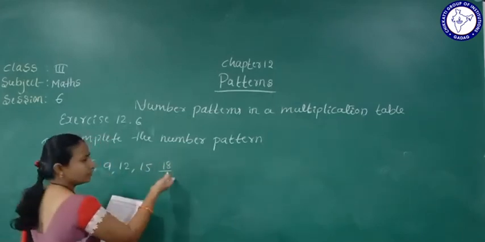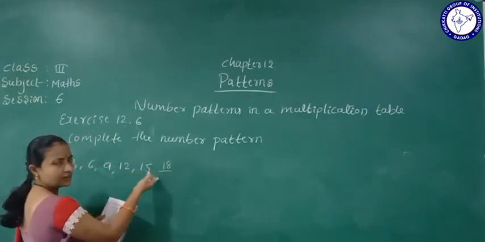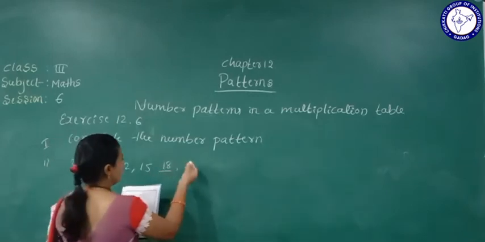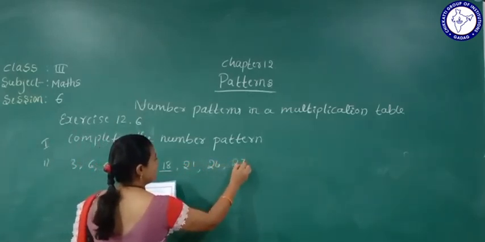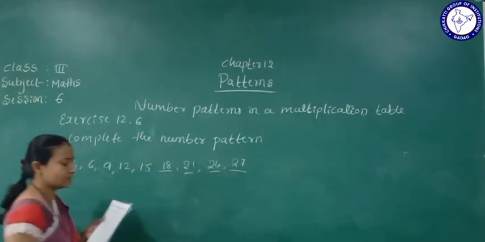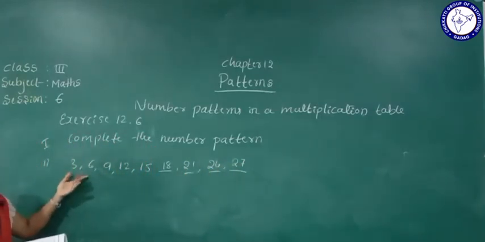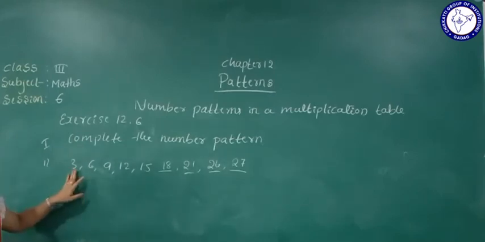So which table is this? The 3 table, the third table. Okay, 3 ones are 3. Next 21, 24, 27. Yes, we can fill these in here. So how much is the number increasing here? 3. Yes, so we add 3 to the previous number, and we get the next number. Okay, next one, that is